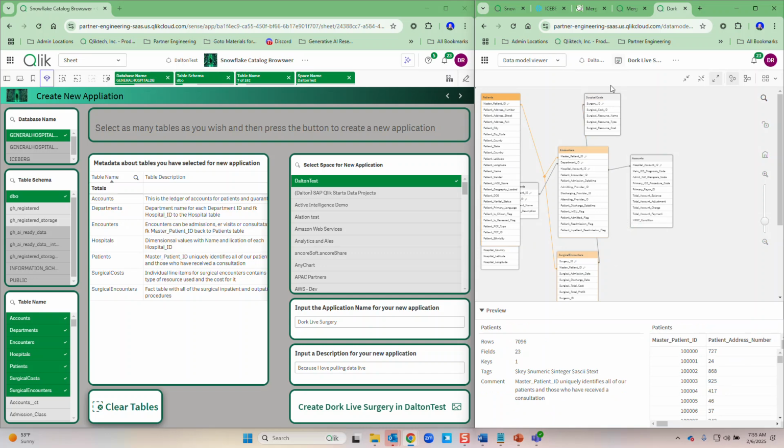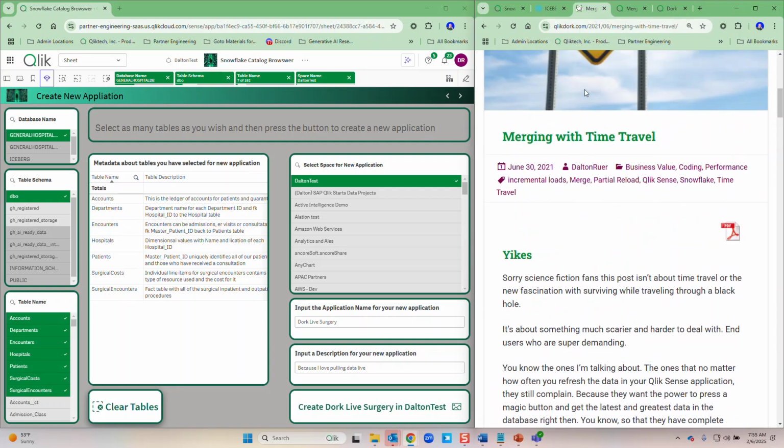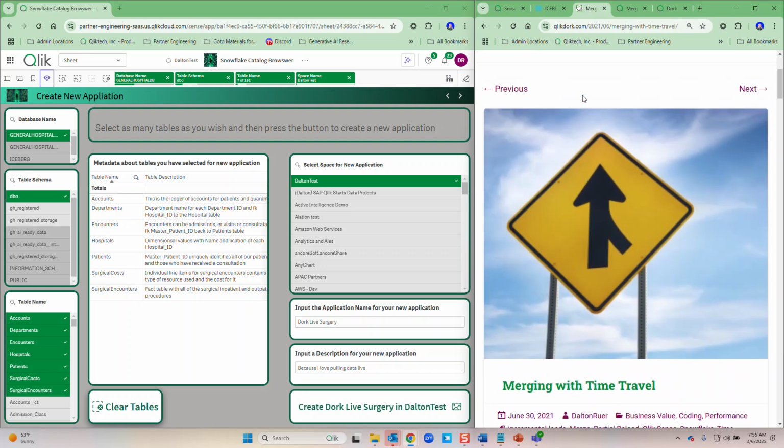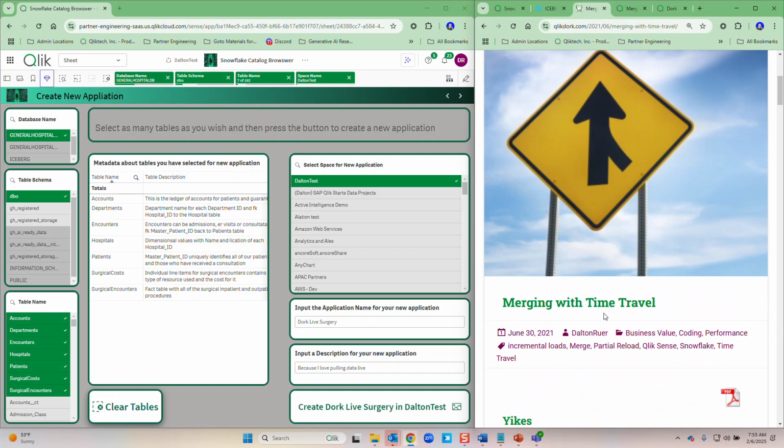Now, all I would have to do at any point in time is do reload, and it would keep this data going. Now, how would I do that, right? Well, because this is going to be constantly changed, I want you to see that I've done a couple of things. If I'm pulling from Snowflake, no matter where that live data is getting set, if you go out to qlikdork.com and look for my merging with time travel, you'll see me talk about how I can now take this load script that I just built on the fly, live, for self-service, and modify it to merge with time travel